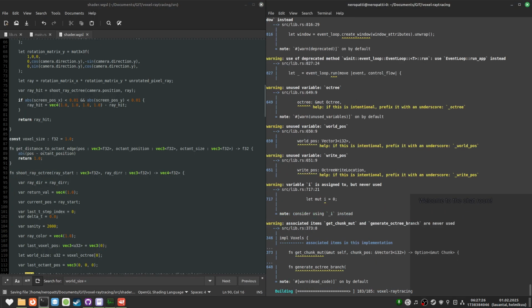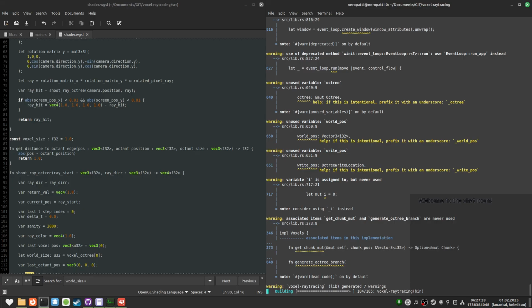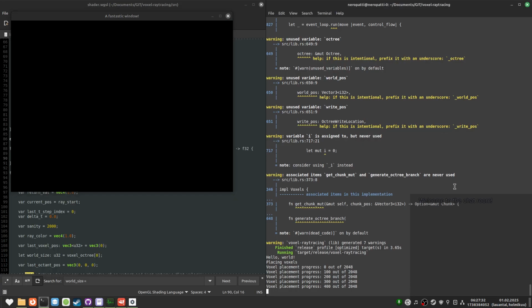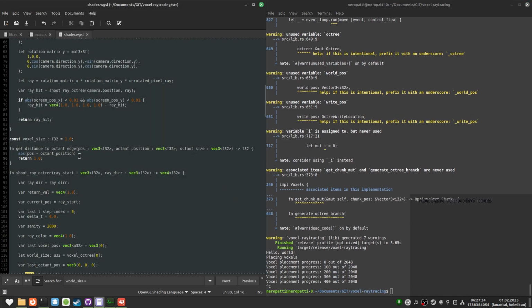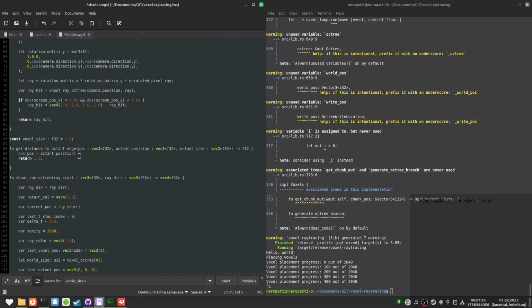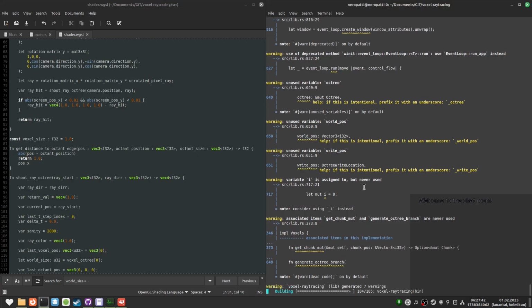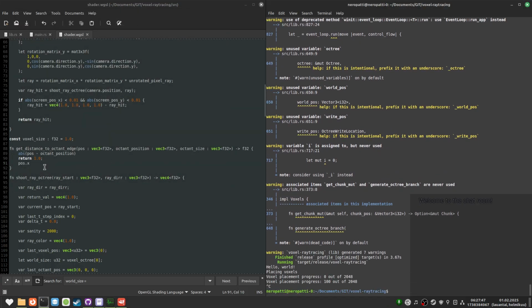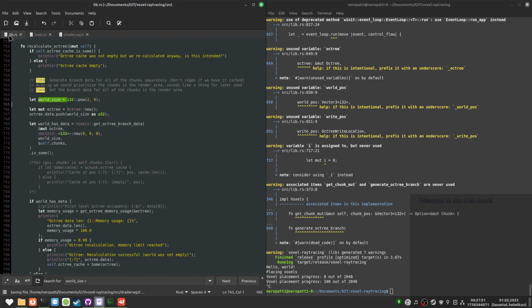Will you complain immediately, or will you wait for the voxel placement? I really just want to write something that will make it complain. Actually, if I just write some nonsense, this should complain immediately.